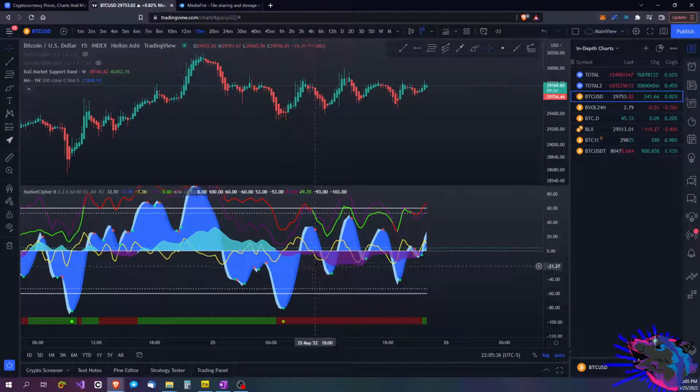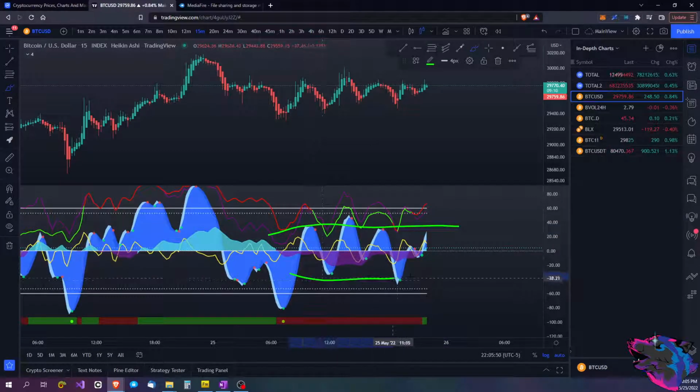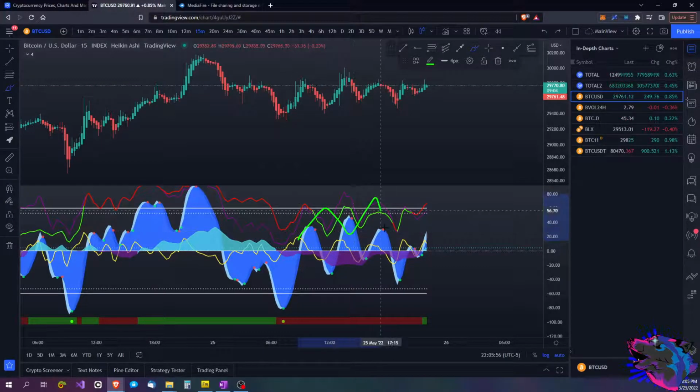But as far as down here on Market Cipher B, I was watching this one on and off every once in a while when I came back to my desk. Taking a look at it, money flow wasn't doing a whole hell of a lot. Generally speaking, momentum, after this point right here, never really had any big swings. RSI was just bouncing around sideways. But look at the VWAP. I mean, if you were doing mechanical robot trading today,